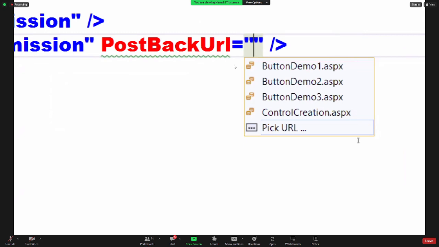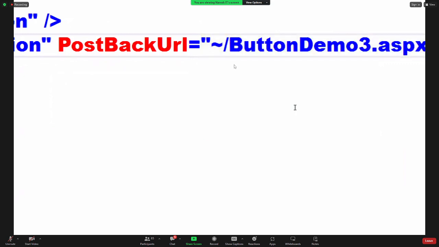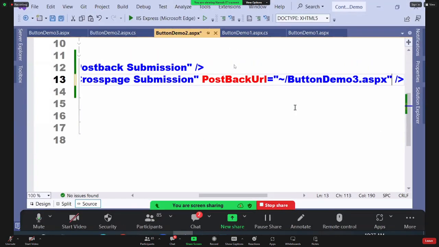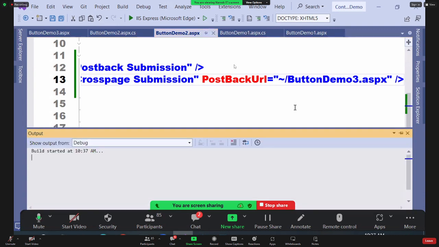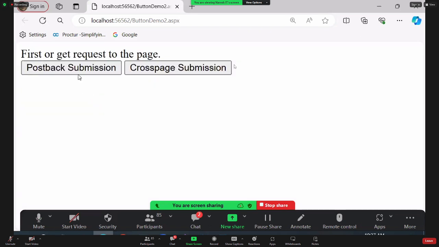Are you clear? Okay. Concentrate on the appropriate property. You need to specify postback URL equals to, and specify the name of the page where you want to go. Where you want to go? Button 3. You can see, build. Under the project we have it now. See the difference, all of you. Button 1 is working as expected. Now click on,